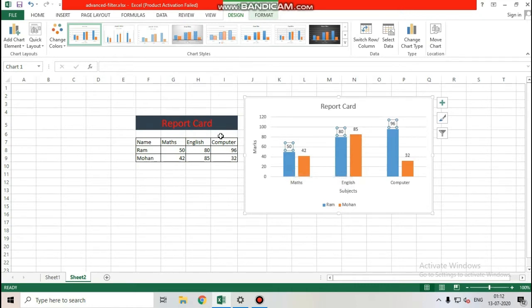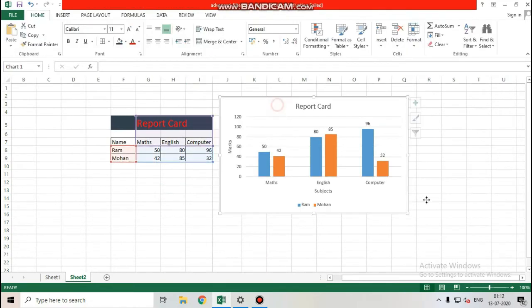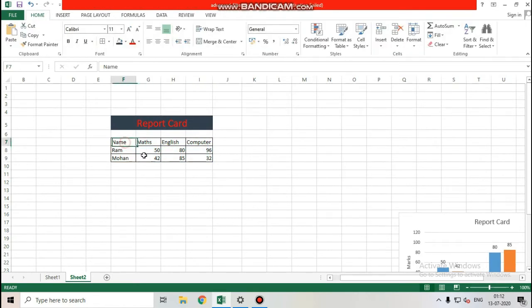So now we have to discuss some basic things. What is graph? What is chart? Actually, chart is a pictorial representation of your data. If I hide this chart for a moment, look, this table. Can you explain who is scoring more marks, who is scoring less marks, who is in middle? When you see the numbers, you are not able to understand properly who is scoring more and who is getting less marks. So comparison becomes very tough.